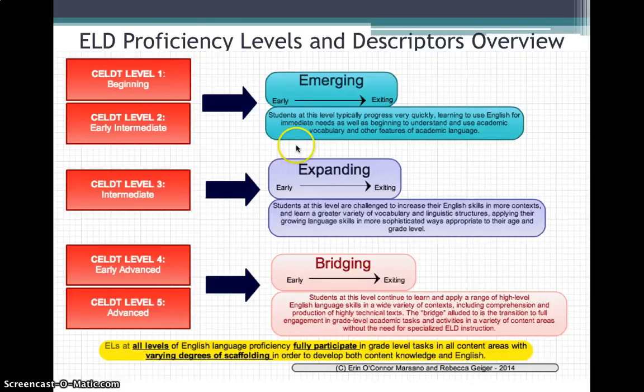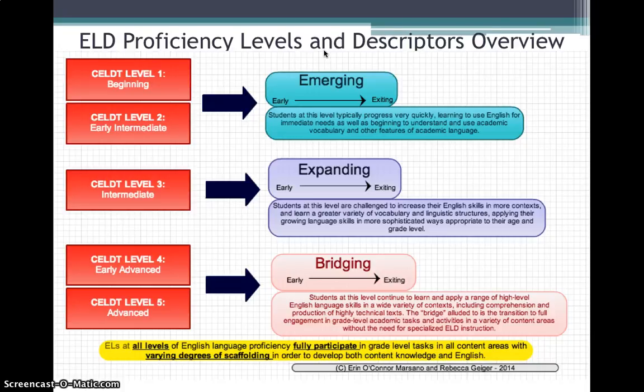What was formerly known as CELT Level 1 and 2 will now be referred to as emerging. Students will be classified in the emerging category as early emerging or exiting emerging. Students within the emerging level typically progress very quickly, learning to use English for immediate needs as well as beginning